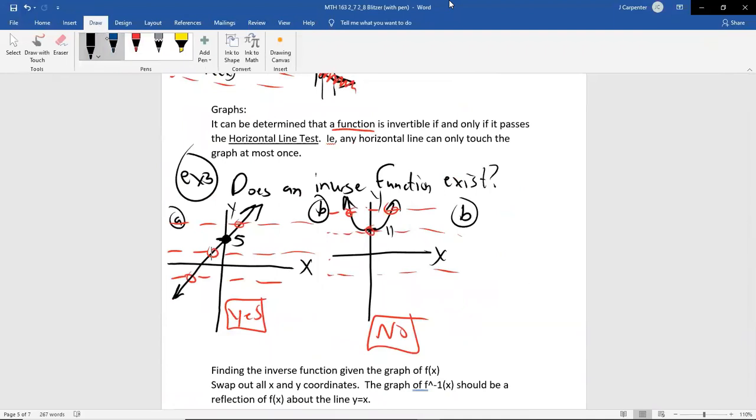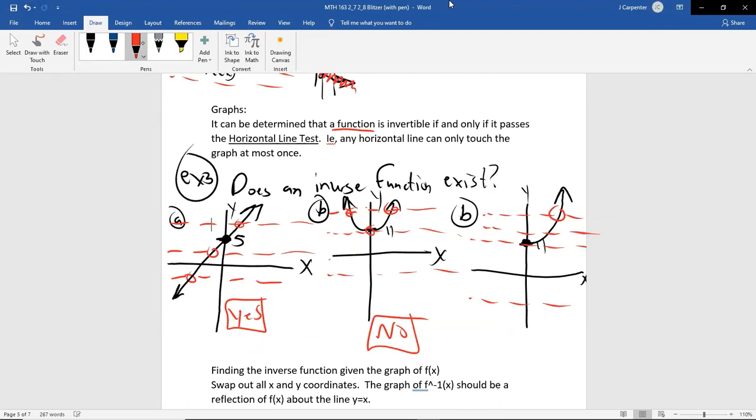But what if we clip that in the same way that we did before? So here's our height of 11. And now I'm only going to draw the positive values of this. So this thing is starting at 0. I've clipped this side off. I don't have the left side anymore. So the convenience there is that this horizontal line still works. This horizontal line still works. But now anything over a height of 11 will still work as well. Each horizontal line will now only touch once.